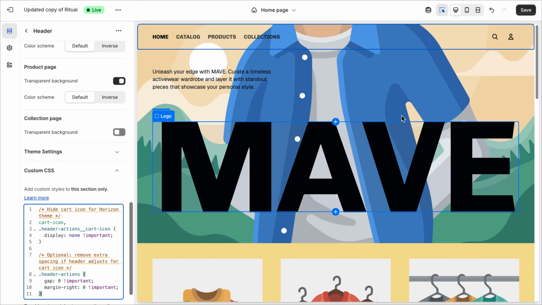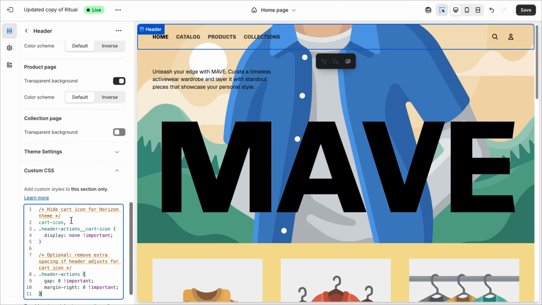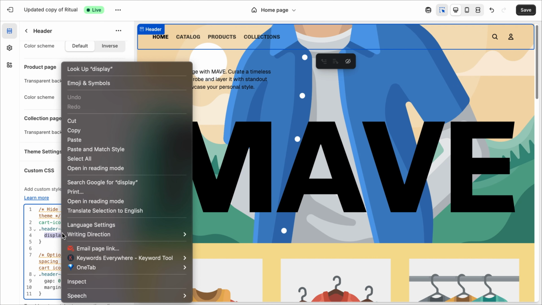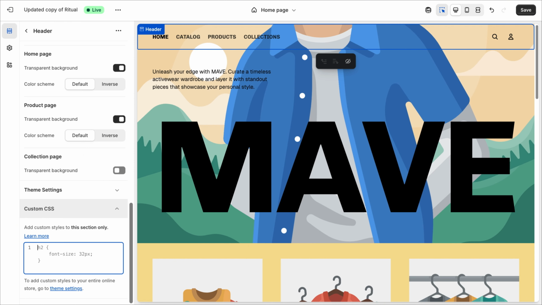Okay. But sometimes some people are like, oh no, Maverick, I don't want to paste in the custom CSS because I've got some code there and I don't want something to get tampered with. It's fine. I understand. Now, if you don't want to use the custom CSS and you still want to hide your Shopify cart icon,